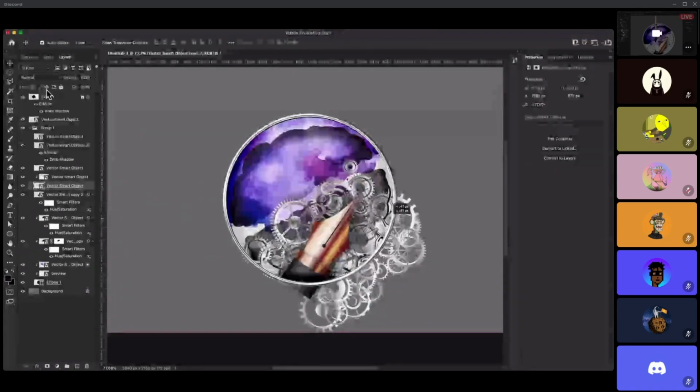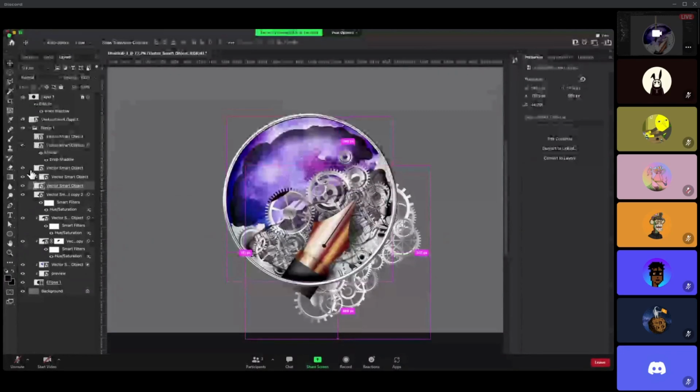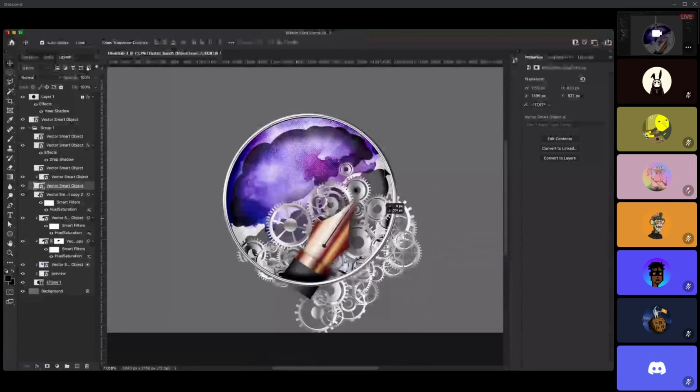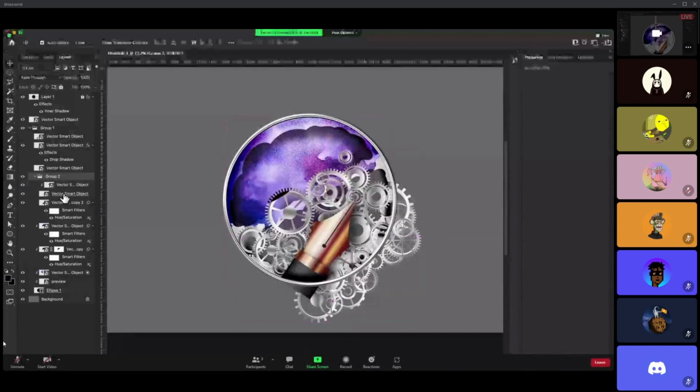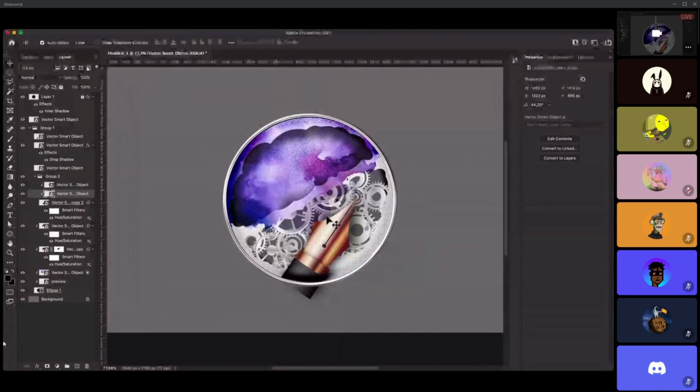There are too many layers, I need to turn some off. Okay, this and this. Remember the rule I said, you always group them together. So now you know they're in together in a group, and now I simply press Command Option G, and everything is grouped within that.